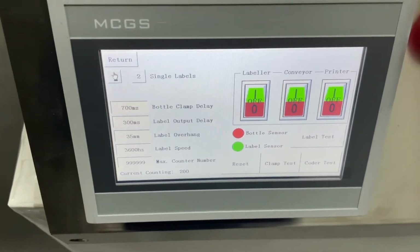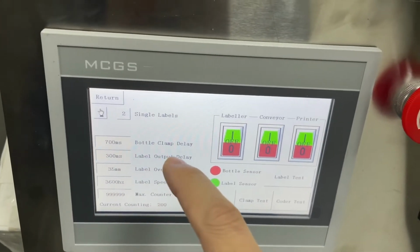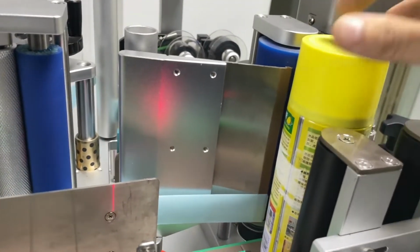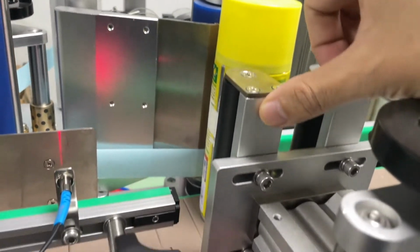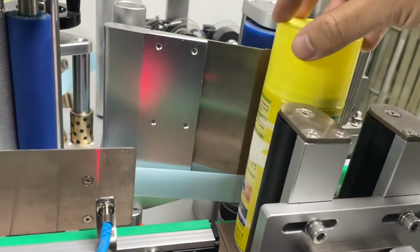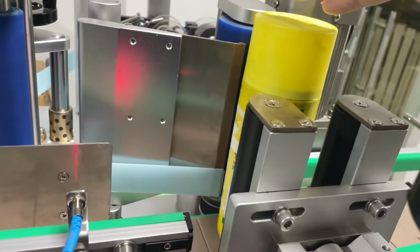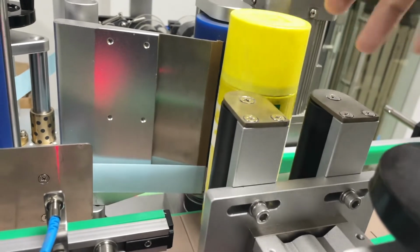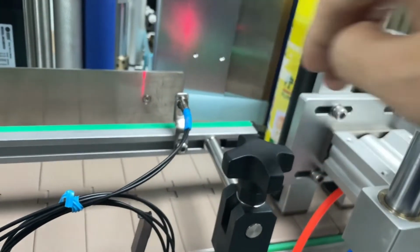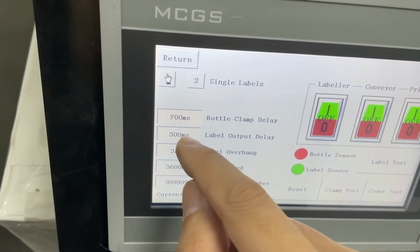And then you have a label output delay. This basically means when the bottle is in position and the clamp is pushed out, the bottle starts spinning, but it's just starting to spin. It might not be in a very stable position, so we can increase this time here to delay the label from coming out. So I'm going to set it to a very dramatic number,